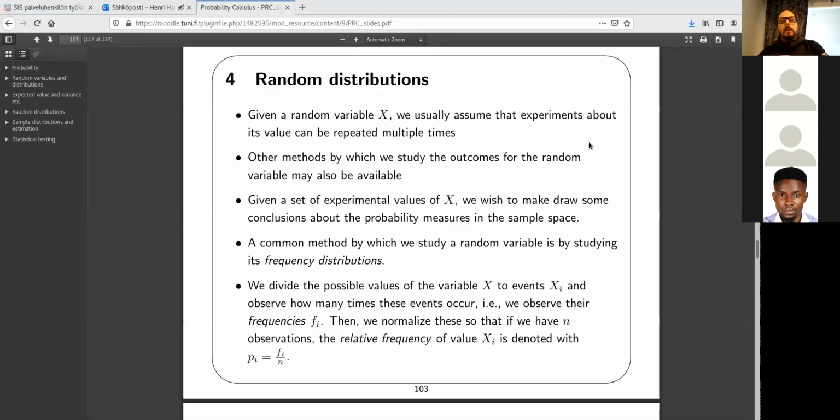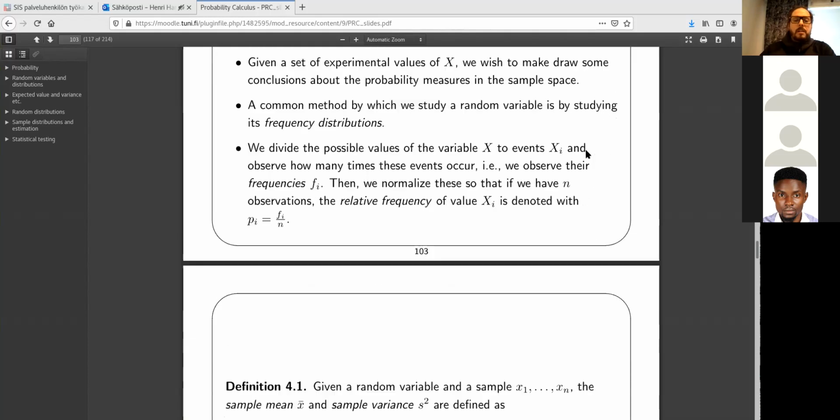Okay, here we go. So like we said, we usually assume that we carry out repeated experiments to get a sample, what is known as samples. I hope you can hear me well now. I mean, this new microphone is here, so